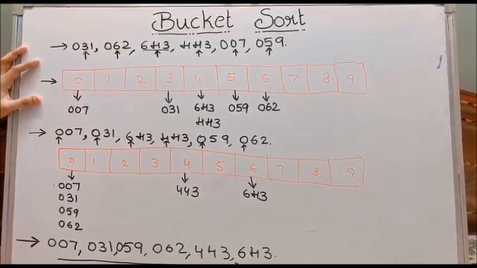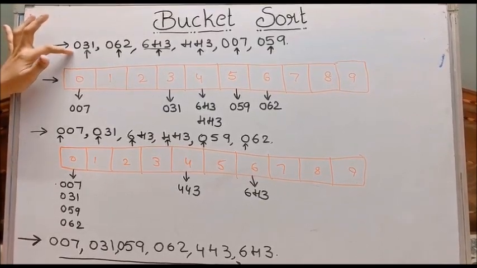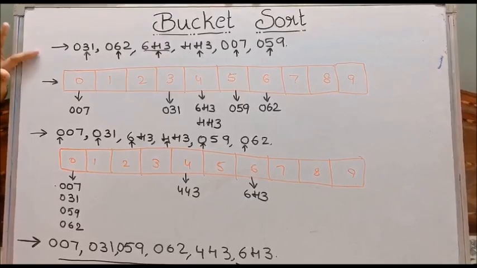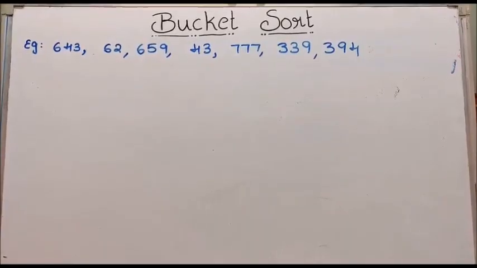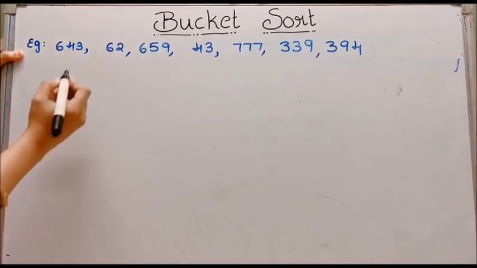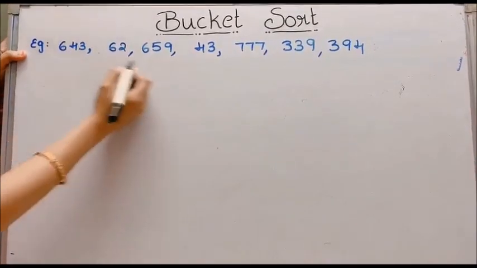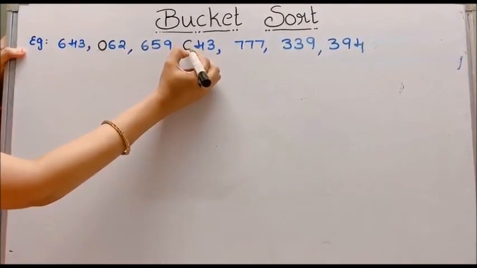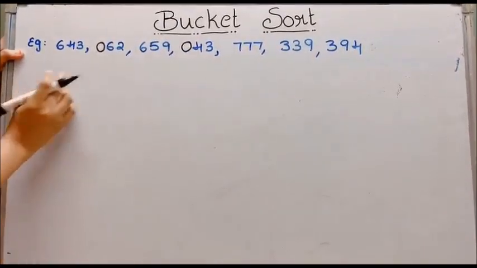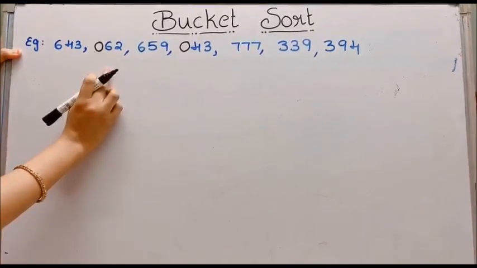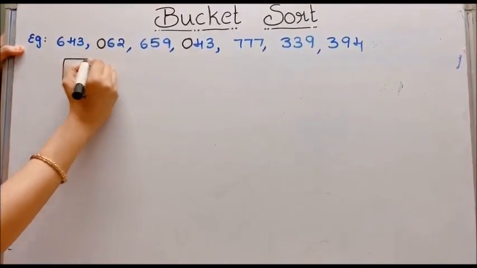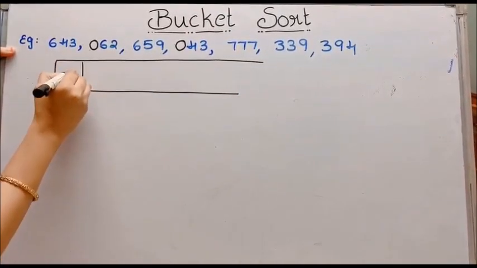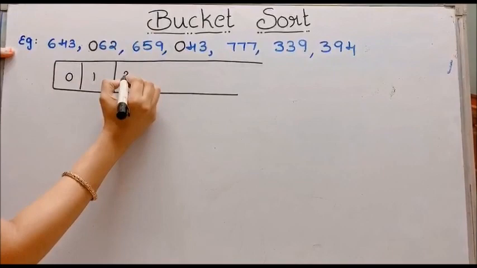Suppose we want to sort them using some different sorting algorithm, but by using bucket sort. Now I will tell you the example. In this example, by considering the total number of digits in the highest number, we will append zeros for the remaining numbers. That's it. So, here all the numbers are 3-digit numbers. Now, we will take 10 buckets ranging from 0 to 9.